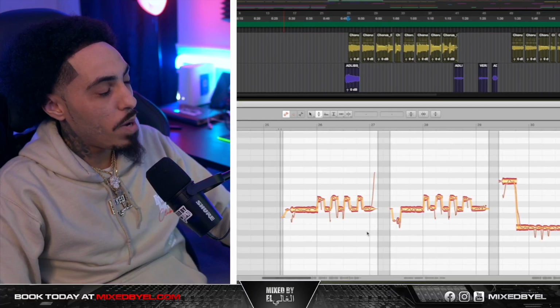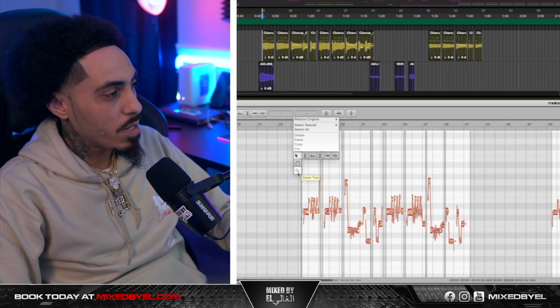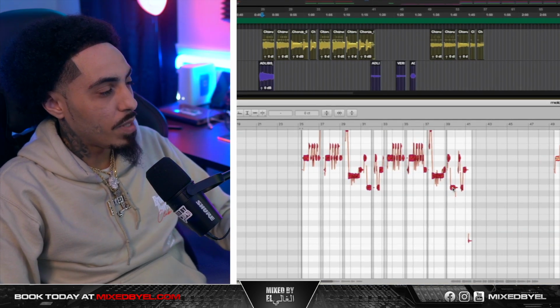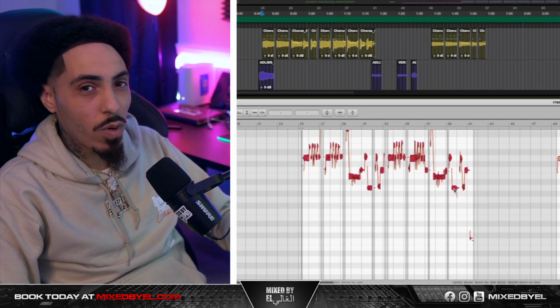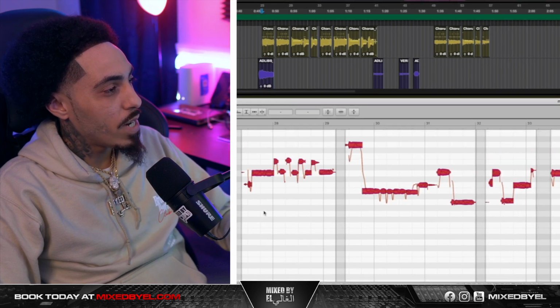So cool. I just wanted to show you how you could highlight everything and perfectly put it on grid. In my opinion, I like the original one. I say to do it section by section. Don't do this. You take this, you highlight this, and you put everything on grid. It's not going to work out in your favor. Trust me, I've tried it a couple times and it never worked out. It always had